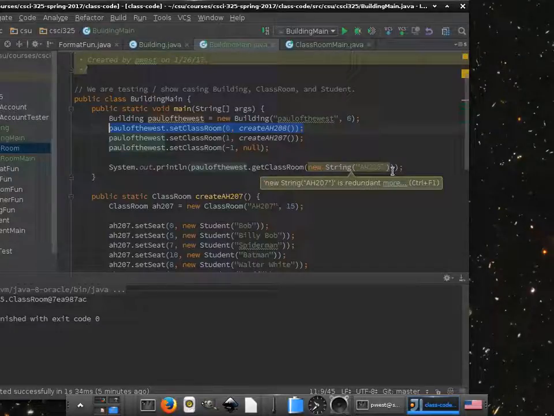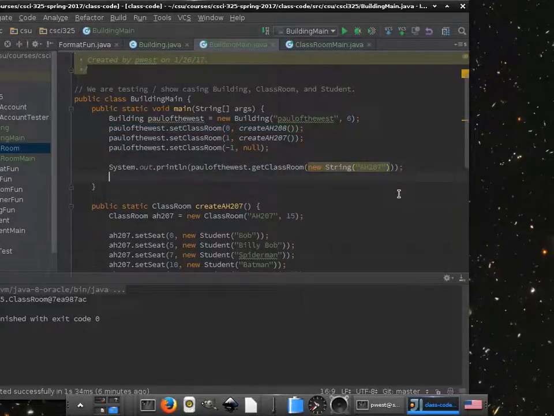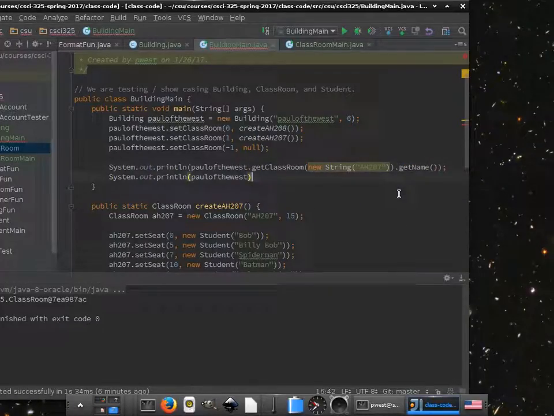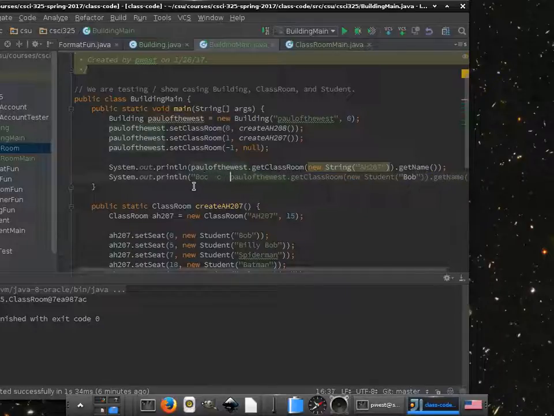So building main, if I were to go in here, System.out.println, Paul of the West. Actually, let's go up here, get classroom. We'll go ahead and get the name. And we'll do .get Paul of the West, .get classroom by the student. What do we want the student name to be that we're looking for? Bob? Okay, great. Thanks to everyone. Get name. So we'll say right here, Bob is in,